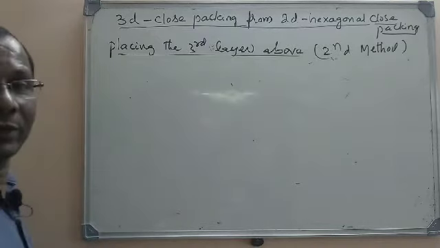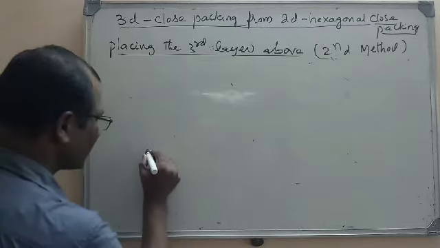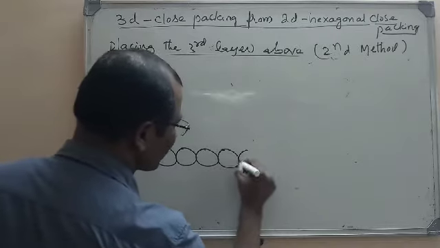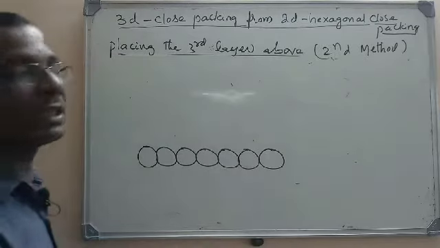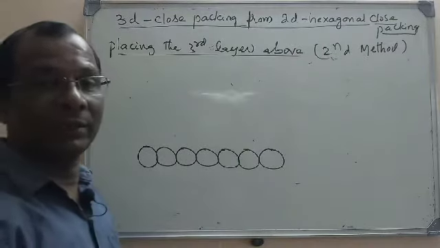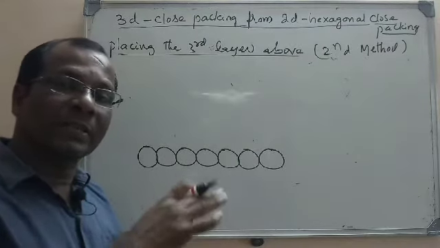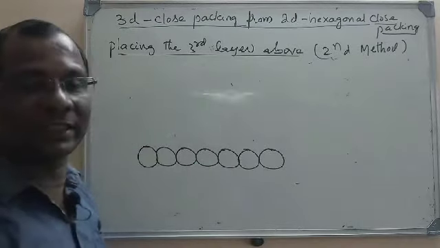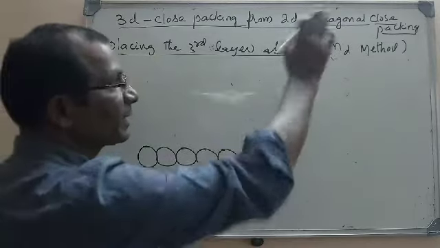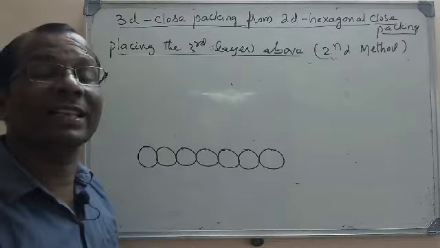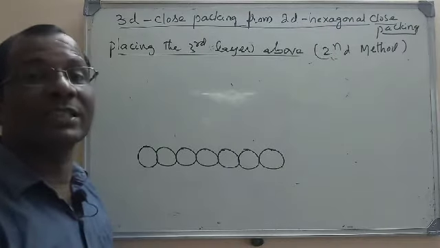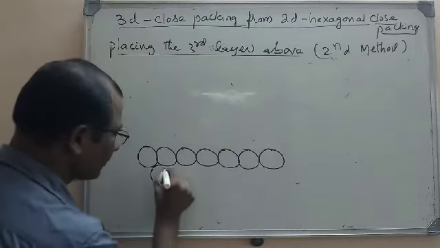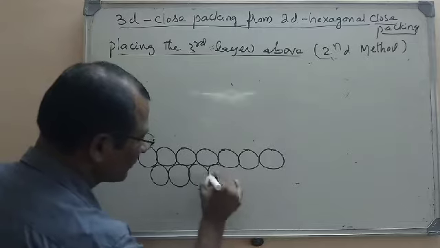So once again we need to draw all the layers here. So this is the first layer of two-dimensional hexagonal closed packing. We have taken all the layers as two-dimensional hexagonal closed packing only. We use this layer to place one above the other. I told you horizontally we place one layer above the other to get the three-dimensional structure, so that each layer is a two-dimensional hexagonal closed packing only. But how the second layer and third layer are arranged is important to get the different types of 3D closed packing.